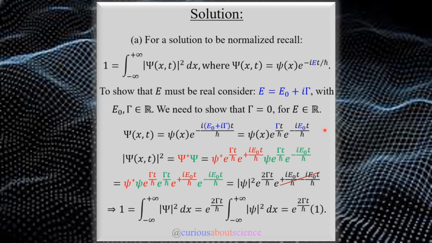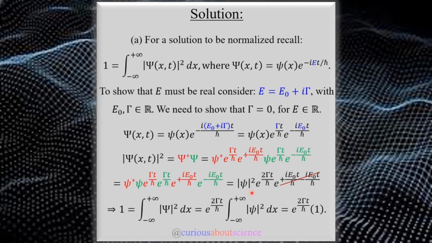what we can see is that when we go to find the probability density, i.e. psi star psi, which we have in red and green, that complex conjugate will take an effect on this. And so what we see in red is the complex conjugate, where the sign here on the i variable changes, but in the green case, the i is still negative. So when we multiply these together and simplify via the algebraic expressions, we combine the real parts of the exponentials and the imaginary parts.